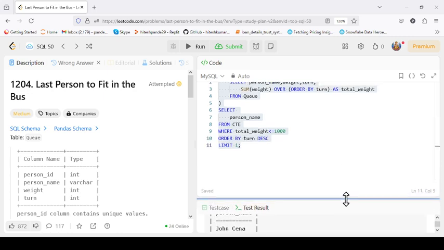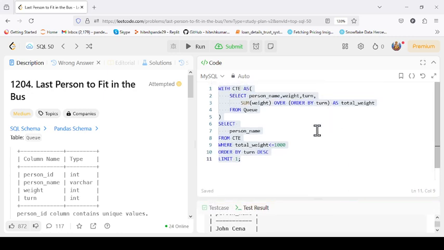It is a little bit complex, though it is not hard. So I suggest that before going through this problem statement, you first read and understand what a common table expression is and what a window function is. Only then move on to this problem statement, which will be helpful for you, and you won't face any difficulty. Otherwise, without knowledge of common table expressions and window functions, it will be very difficult to understand this query and problem statement.